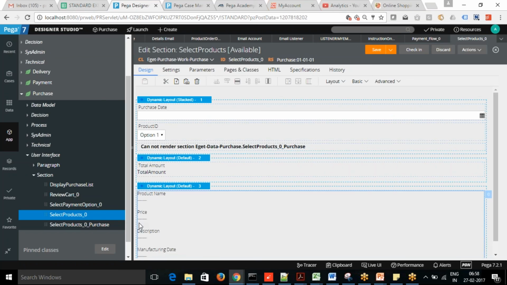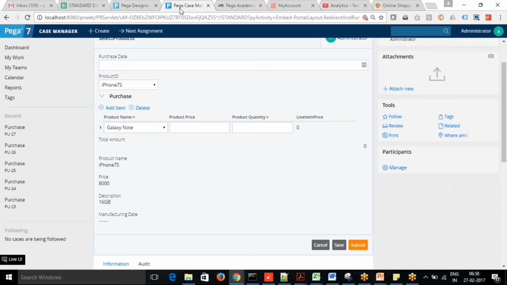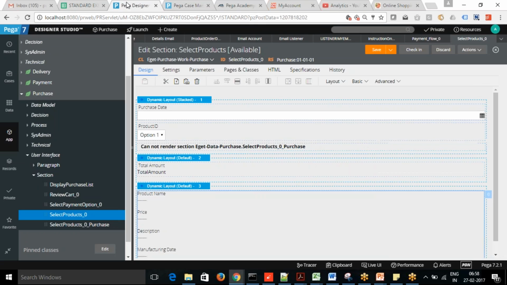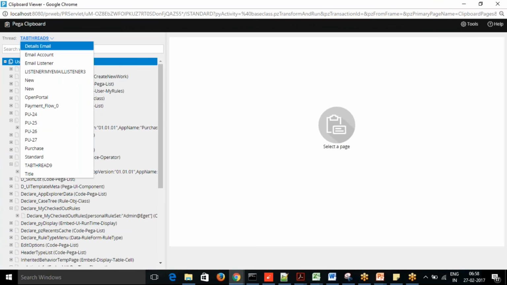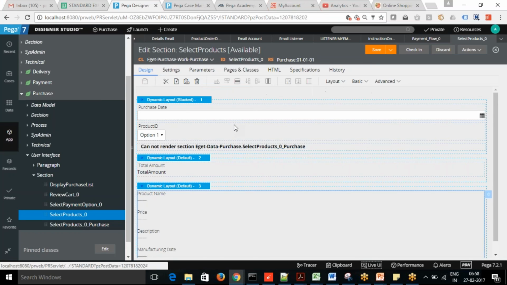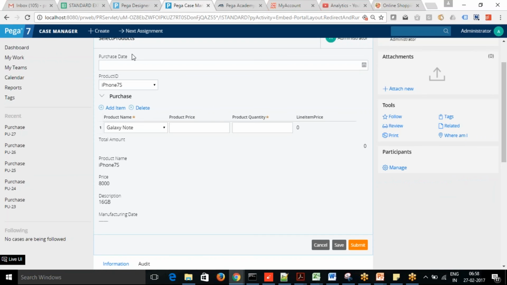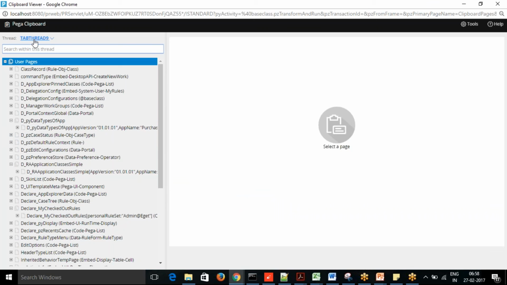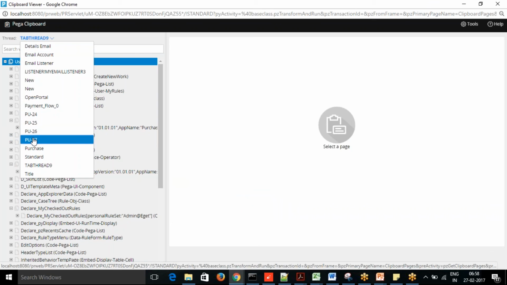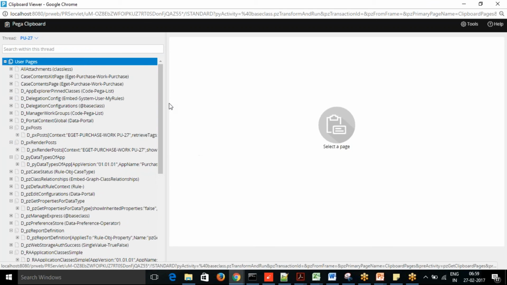Yes, that's right. If you go to the clipboard, you will see the data page maintained separately. The case ID for us is PU28, I think, no? 27. Select that work object.